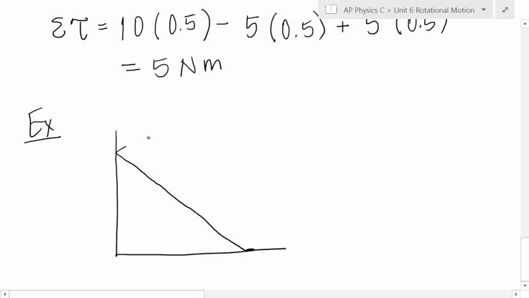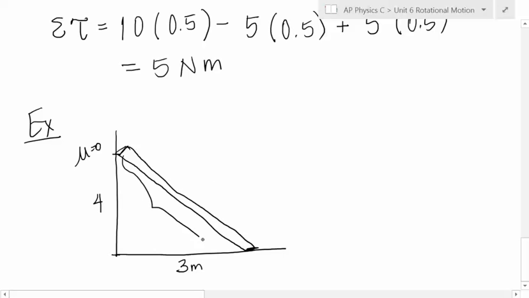So the bottom of my ladder has grippy feet on it, but there's no friction where I prop it against the wall. This is 4 meters here, not drawn to scale. This is 3 meters here,